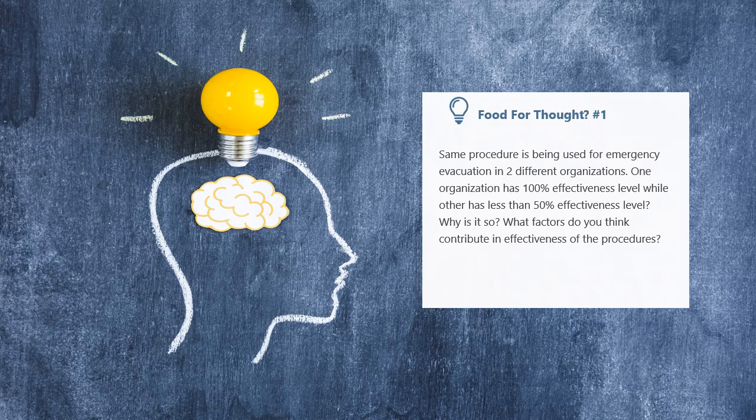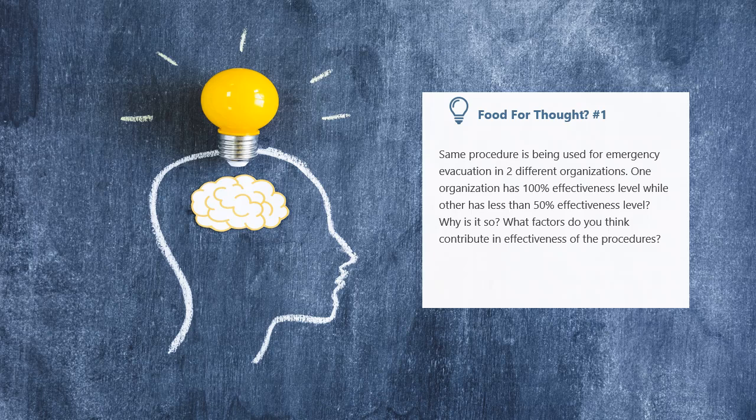One organization may have excellent technology and infrastructure, for example, gadgets to alarm disabled workers and assisted evacuation. Similarly, one organization can have only a single-story building while another organization may have a multi-story building and need vertical evacuation. So procedure is just one component, and there are other components of a system or process, which are people, plant or equipment, and the premises. So there are a total of 4 P's of a system. 4 P's mean people,